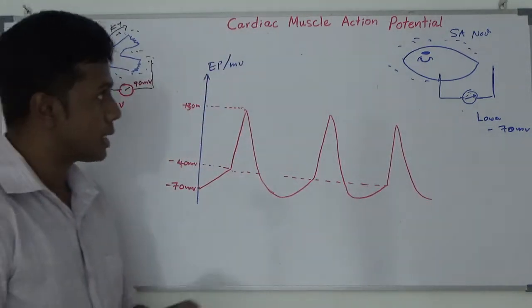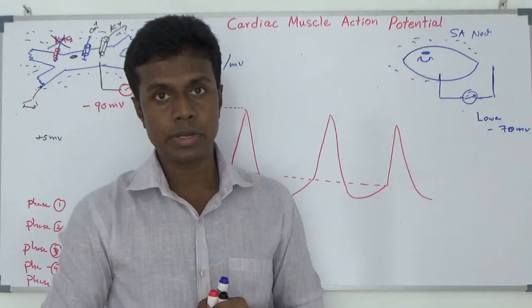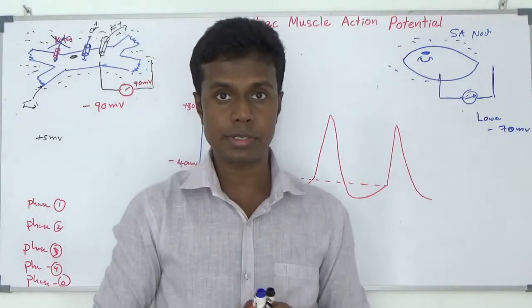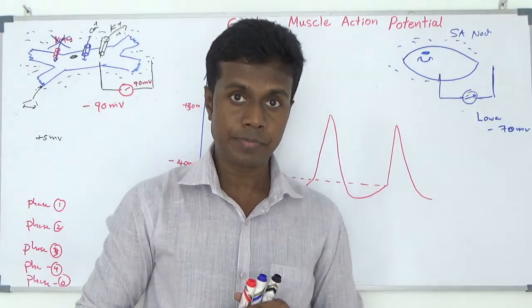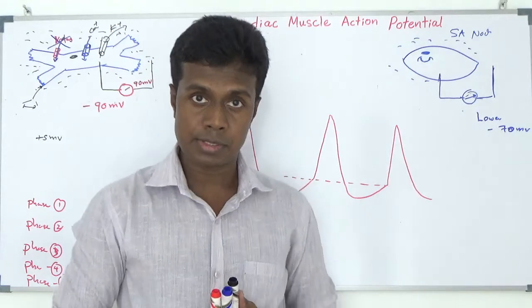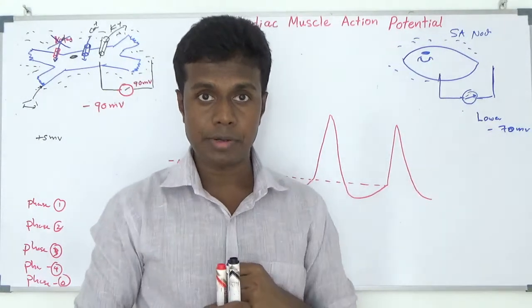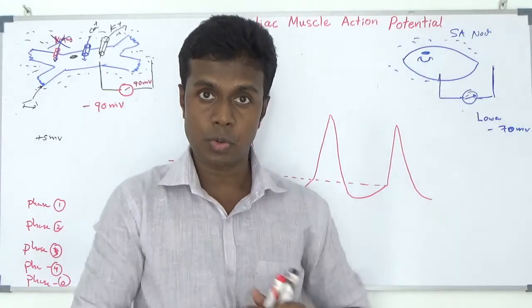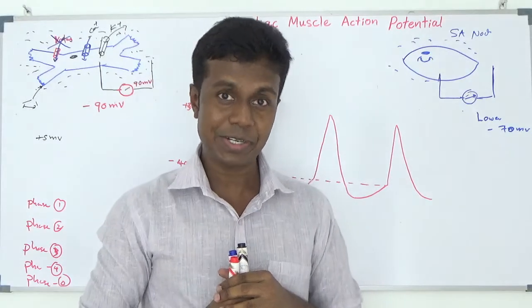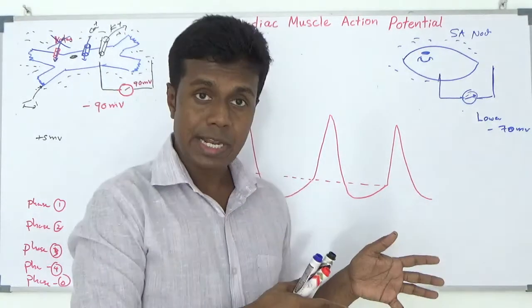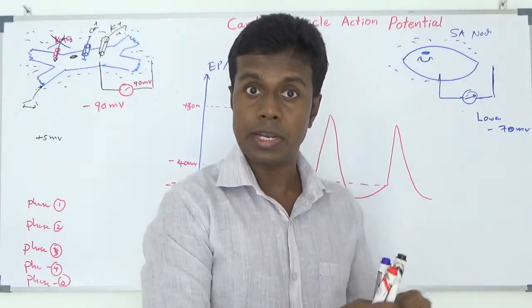That means those cells are not electrically stable. There are cells in your body which are not in electrically stable conditions. One is the myocardial SA node. One is the myocardial AV node. One is the Purkinje fibers. In the brain, your respiratory center fires from time to time, and it is not stable. Your intestine also has cells called the interstitial cells of Cajal. Those cells can spontaneously fire without any electrical influence.